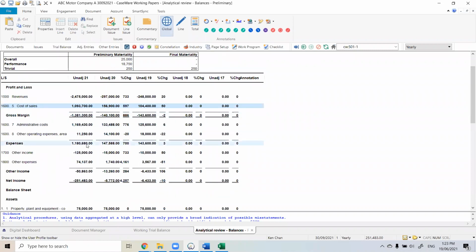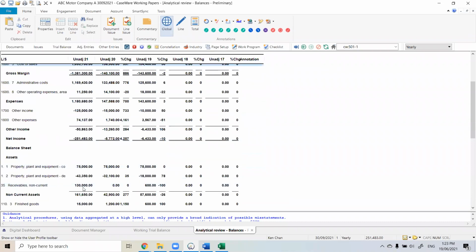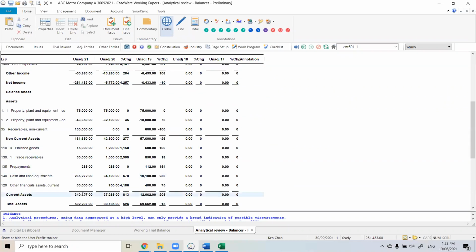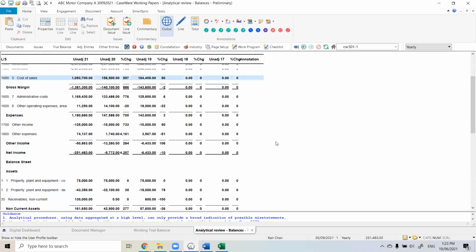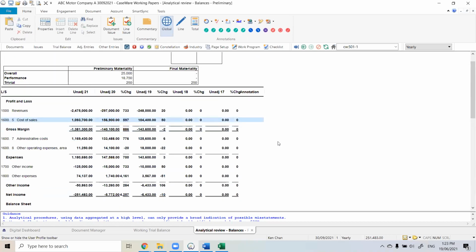Okay. These are all our expenses. This is our net income. These are our assets. These are our non-current assets, total current assets, total assets. So this document here, basically what I'm going to do